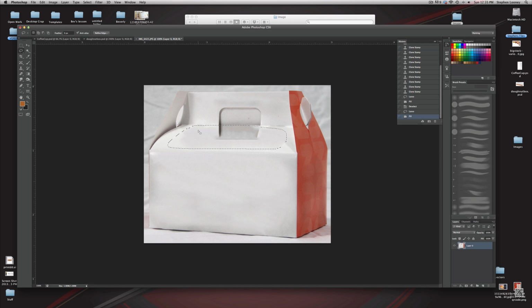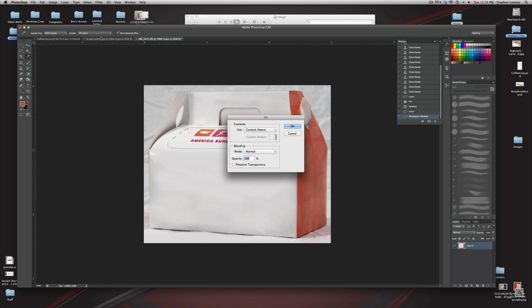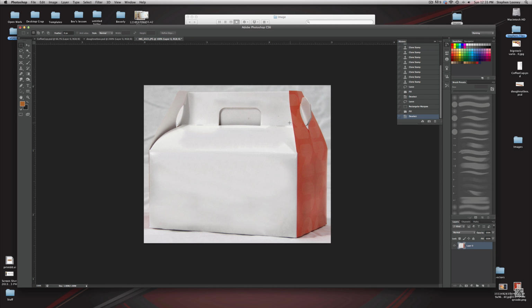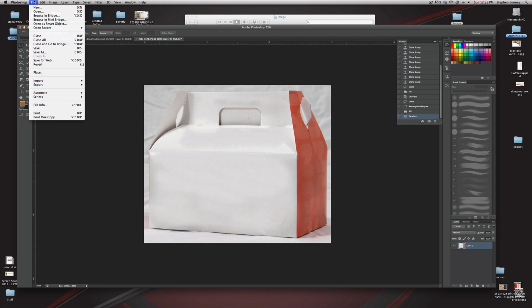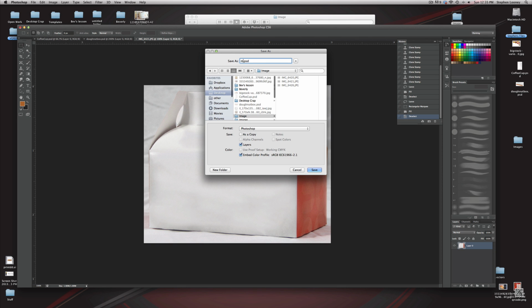Hit OK. Oh, all right, that's not good. I'm going to come into my lasso and hit Option on the keyboard to take a little of this off the top and see if that works. Hit OK. All right, here we go. Not bad, not bad. We're going to now go to File, Save As